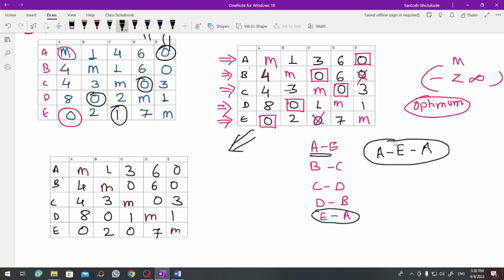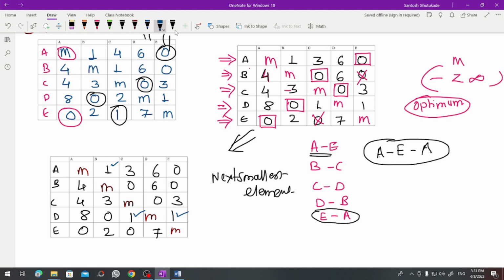Okay, now when the final answer is not obtained, so not covering all the cities, at that time we select the next smallest element, other than 0. Now in this matrix 0 is the smallest element, and after 0 the next smallest element, if you check, is 1. So at this location there is 1, at this location there is 1, and at this location there is a 1. So at 3 locations there is 1.